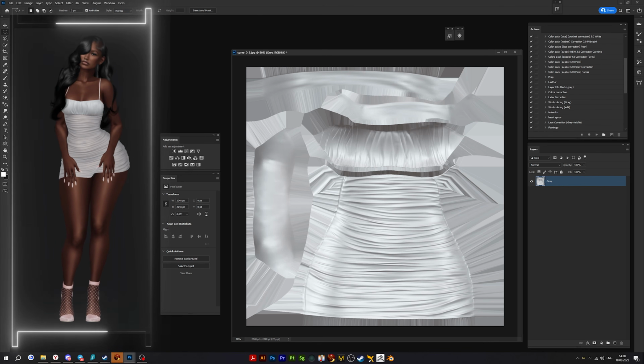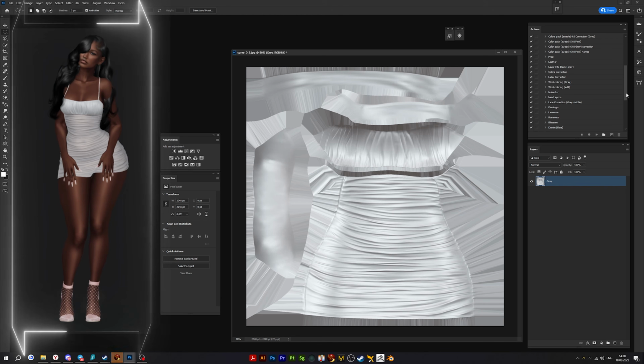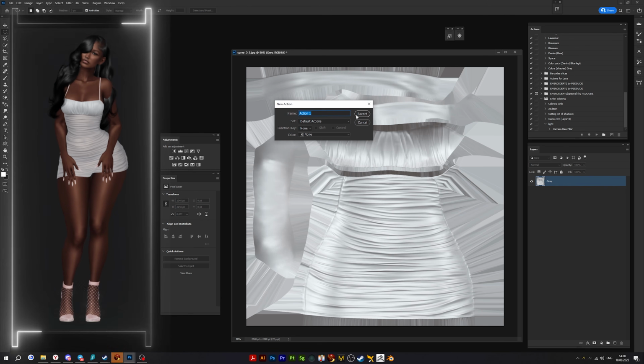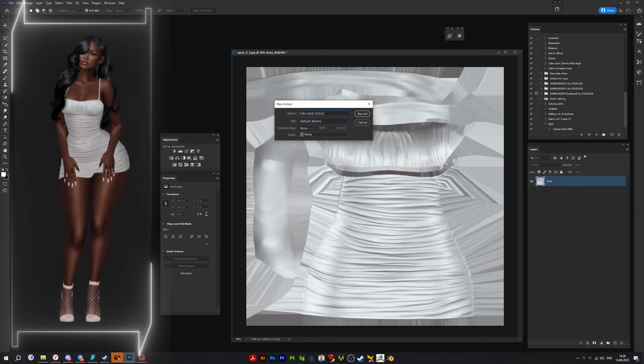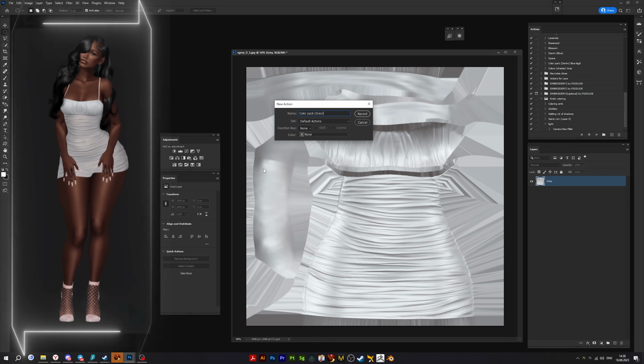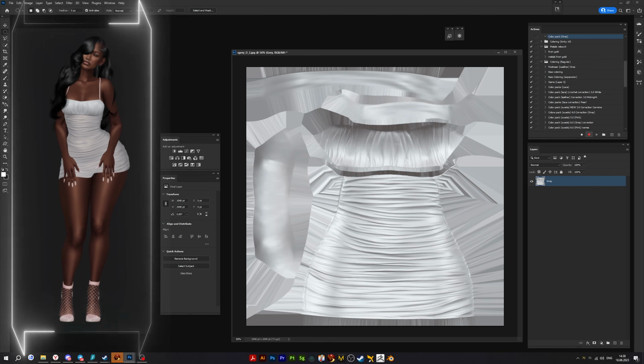So let's go to actions and create a new one and name it color pack. And I usually indicate here from which layer name I start, which is gray. We can add some color here, maybe violet, and record.